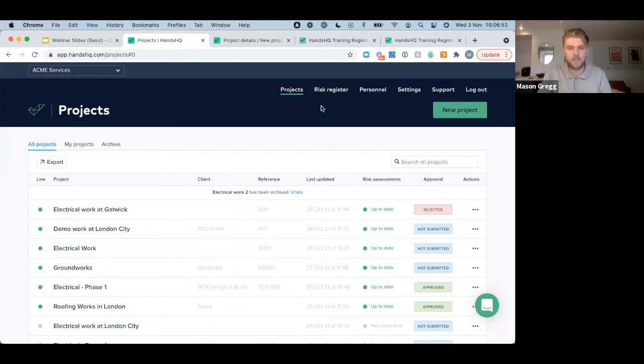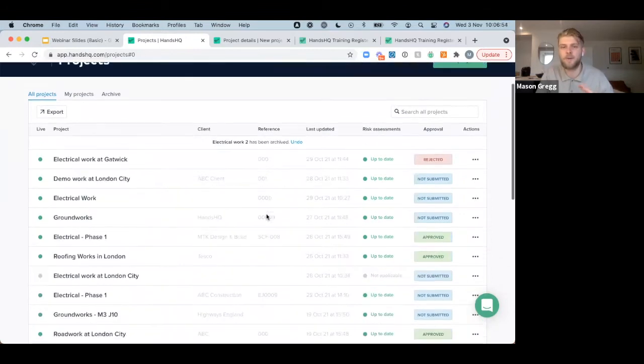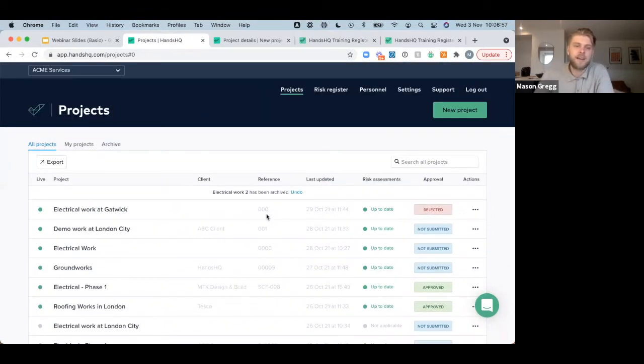So this is HandsHQ that you're seeing here. Moving my screen up and down now. If no one can see that, then please do shout and let us know. But HandsHQ is quite simply a software to manage and generate your risk assessments and method statements. It's a cloud-based and web-based software, so essentially, as long as you've got an internet connection, you can log into the system. A multitude of different devices as well: desktop, laptop, or if you're on the move and you've got a tablet, you can sign off and read RAMS on your phone as well. So you've really got that level of flexibility that you may not have at the moment.